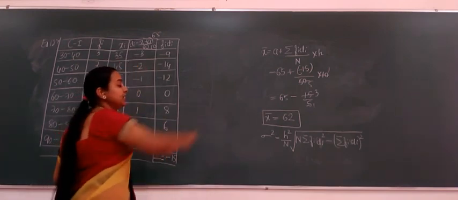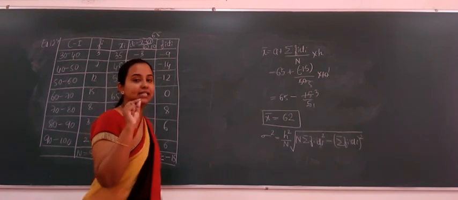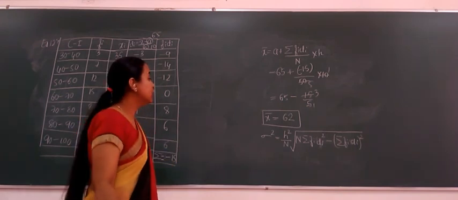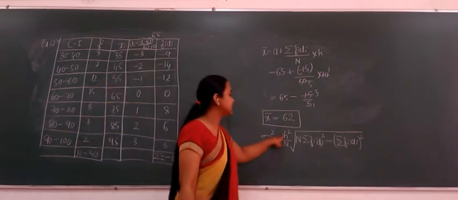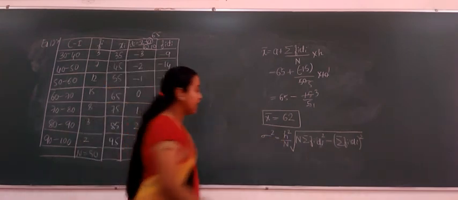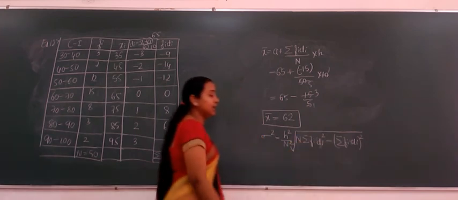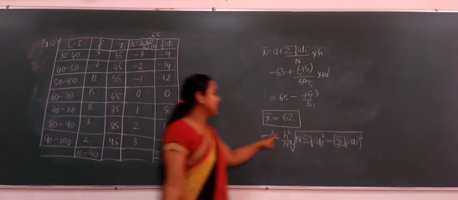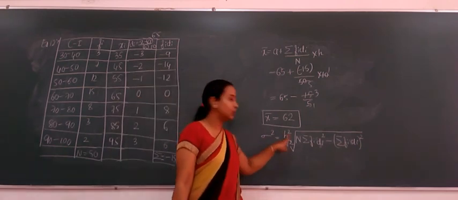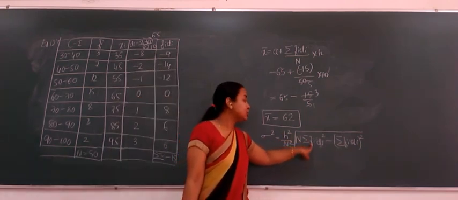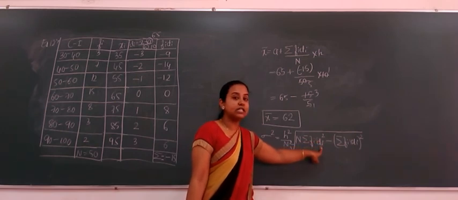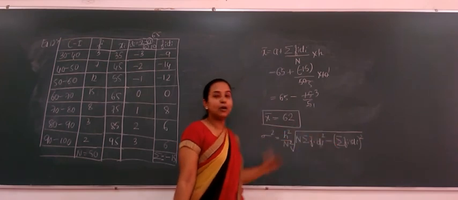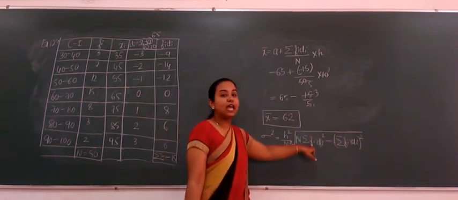You can see this is a bit similar, not exactly the same, to our example 11 formula. So here the only extra thing we have got is this h square by n square. Apart from that, the remaining things are the same. Now to calculate this, h we know, n we know, here also n we know. Summation of fi into di square. Just now we have discussed what is the difference between this sum and that sum. This sum at least we have calculated. Now we have to calculate this sum.